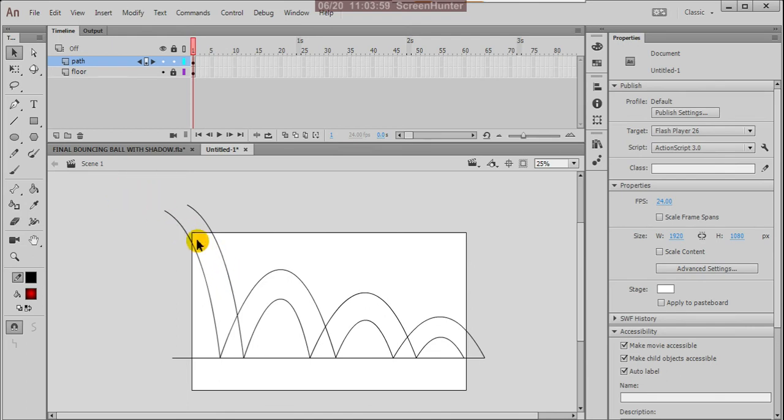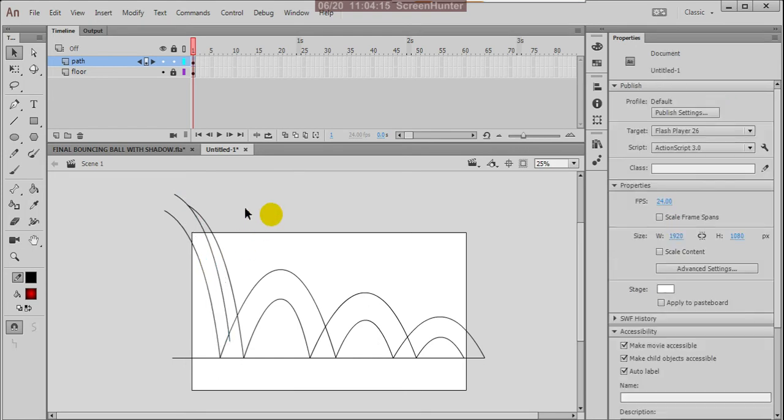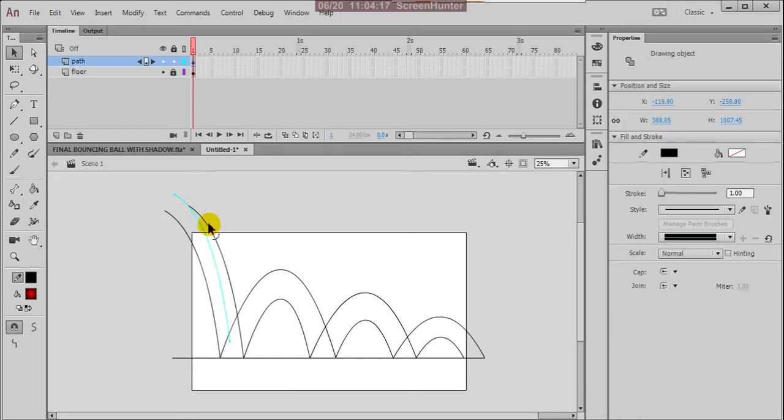Then again inside I'm giving one more line. Suppose press Alt again and take the duplicate. This is for the middle line. So middle line is indicating the middle of the ball.